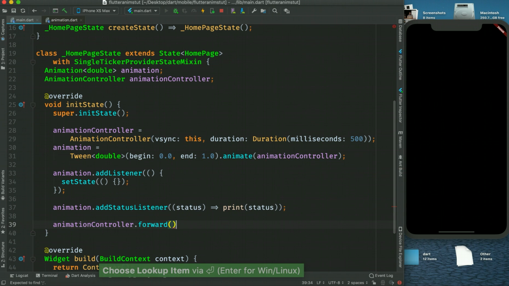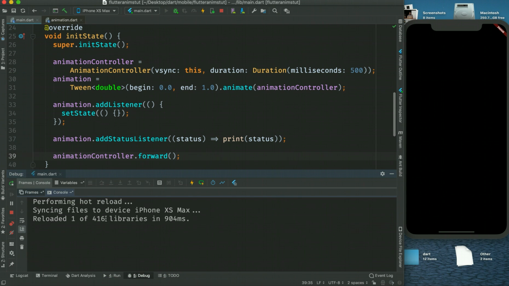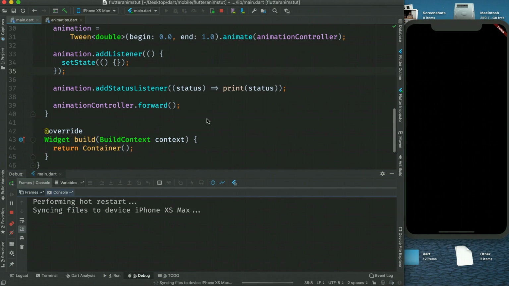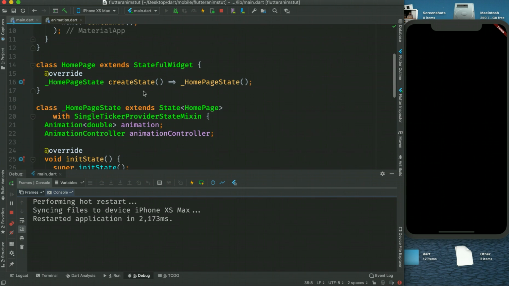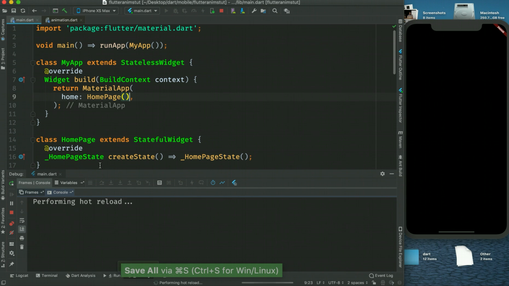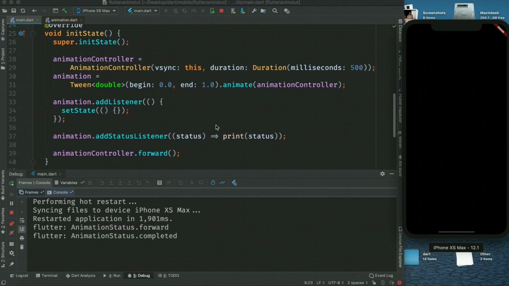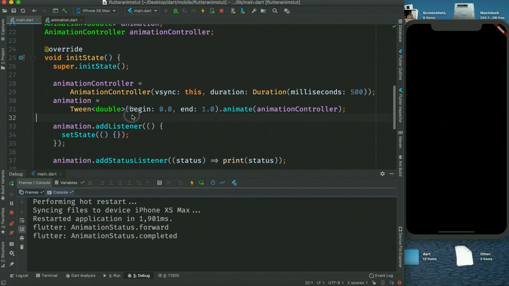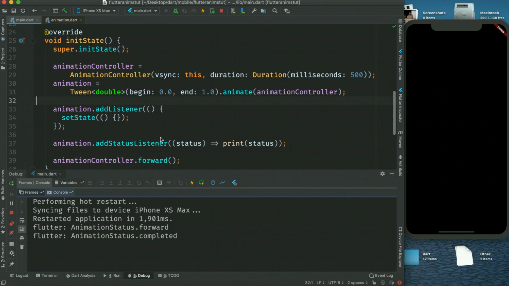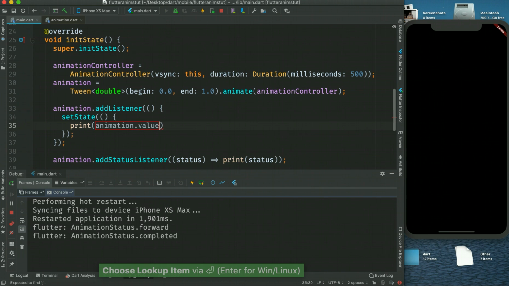So let's say forward. Okay, so if I just open the console here, okay, where is my console, and if I restart this app, it is not doing anything because we have to specify the home page here. Okay, and now let's restart this application. Then you can see I have animation dot forward and animation dot completed after this particular beginning and end point in 500 milliseconds. Let's say I want the animation value, then I can just print here animation dot value